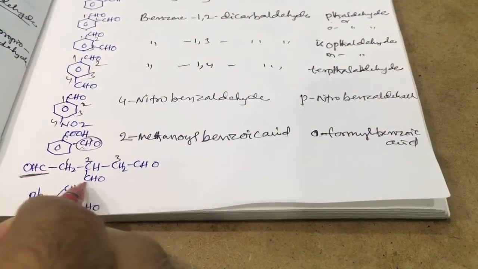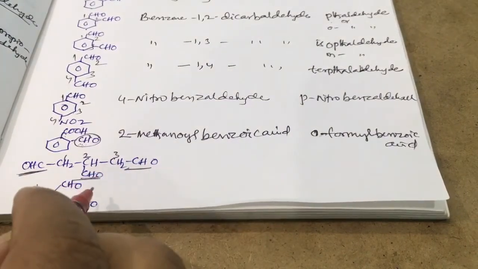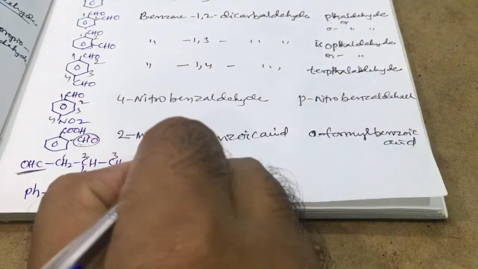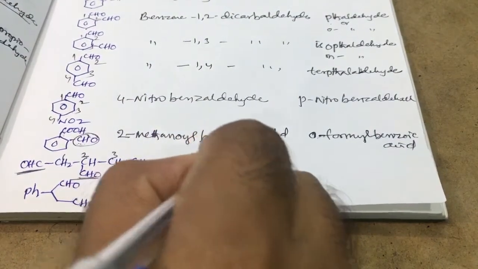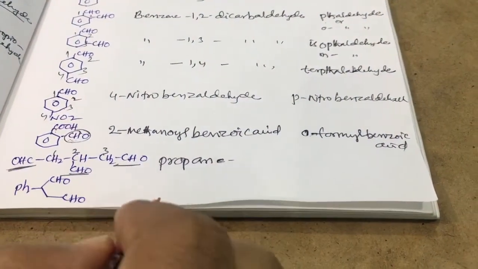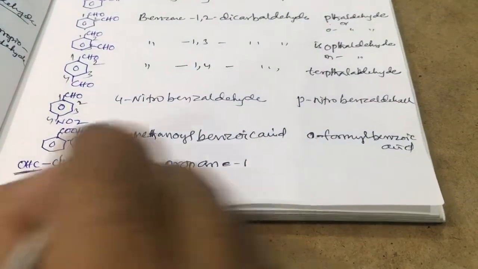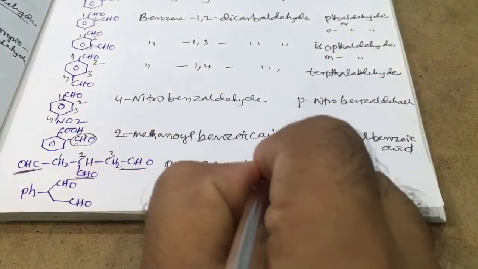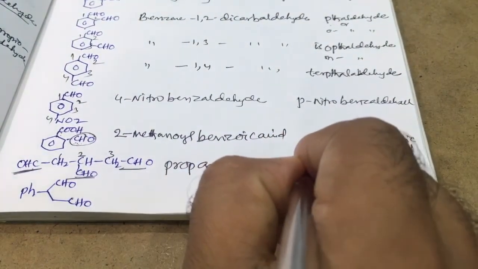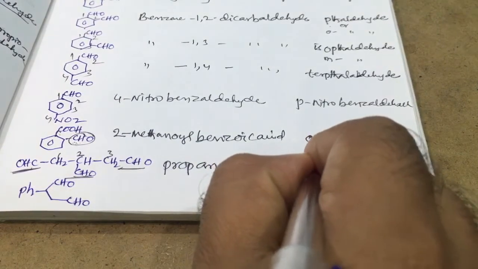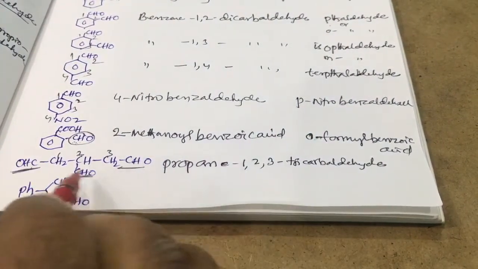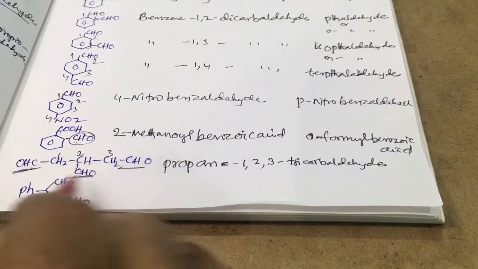Now 3 aldehyde groups are present. To give equal identity or identical priority, it is named with 1 2 3 carbon as the principal carbon chain. Propane, E is retained because more than one group is present. Then propane, first position aldehyde is there, second position aldehyde present, third position aldehyde present. Propane-1,2,3-tricarbaldehyde, not trial. This is carbaldehyde. It is given like this to give equal identity or identical priority to each aldehyde group.